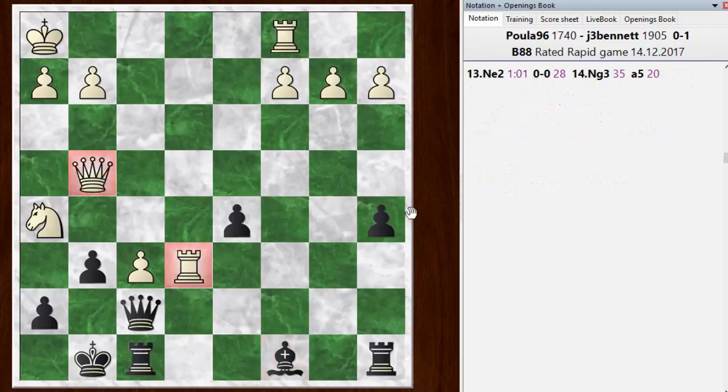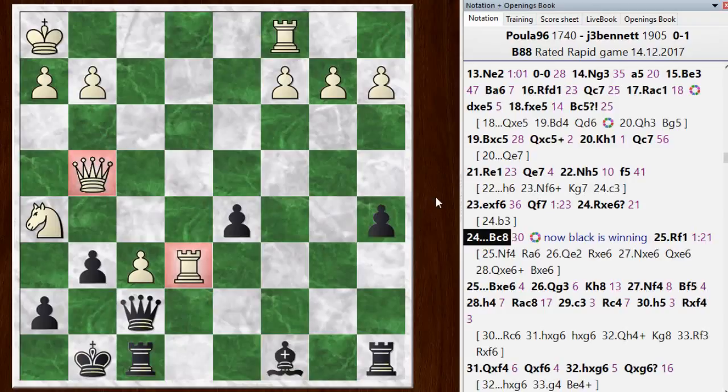And of course, whenever you put your pieces on a diagonal like that, you have to watch out for skewers. So it's a win for black after here. Well, with good play, of course. Let's see. He went rook f1, which gives up the whole rook. He could have